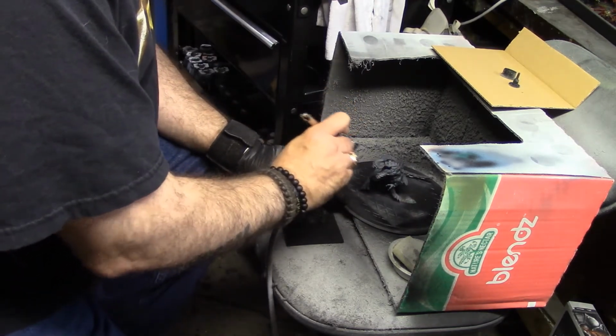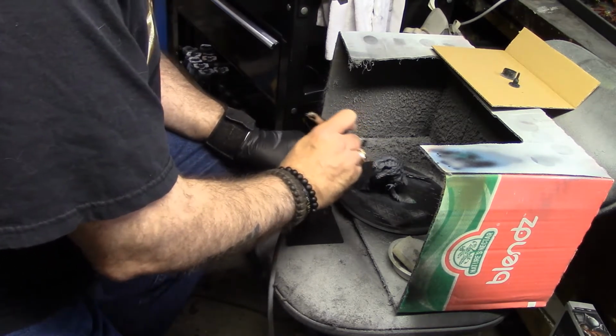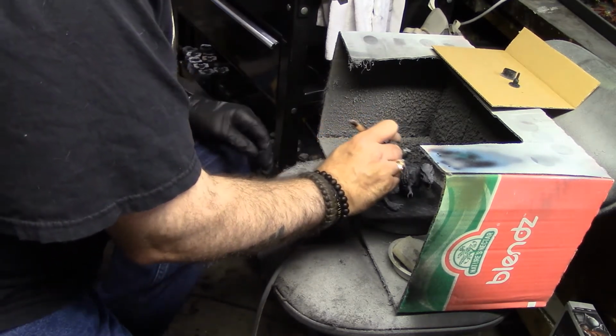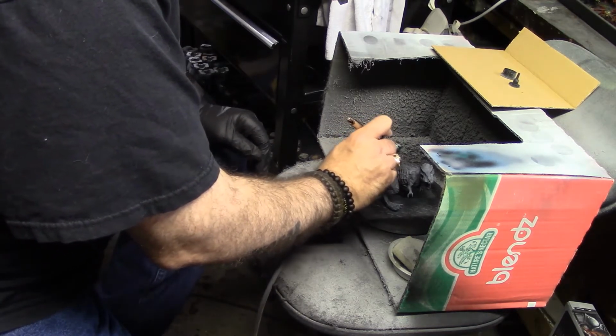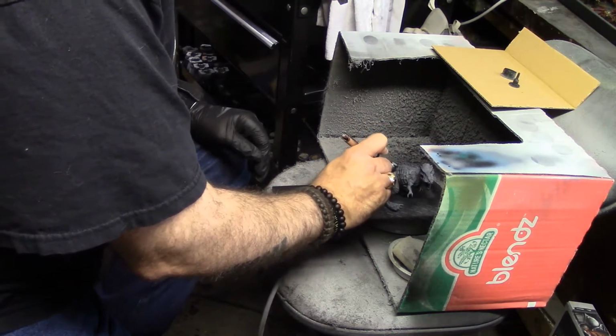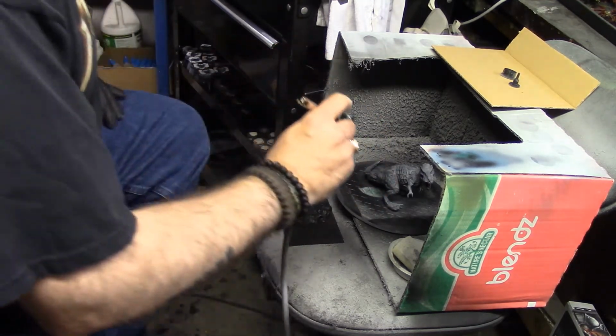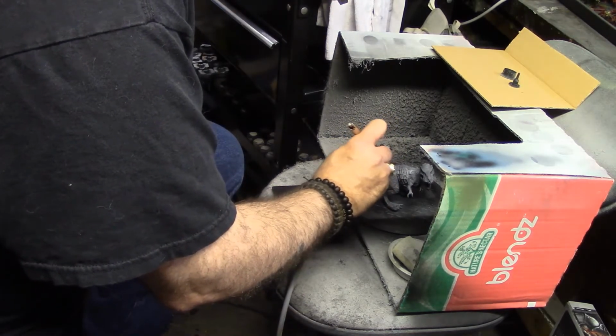And if you get done doing one pass on this and you feel like it's too light, feel free to go ahead and do another pass. Spend a little more time on parts of it. Really build up your color. Color is kind of a relative term when you're talking about gray, but